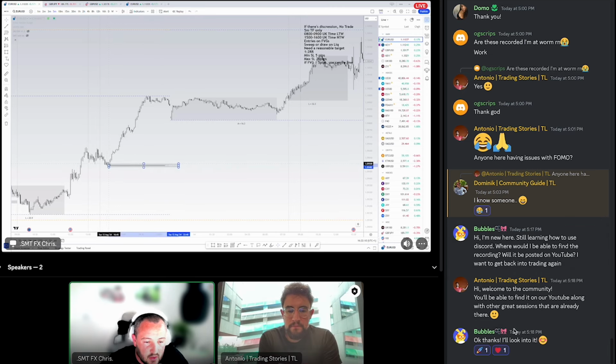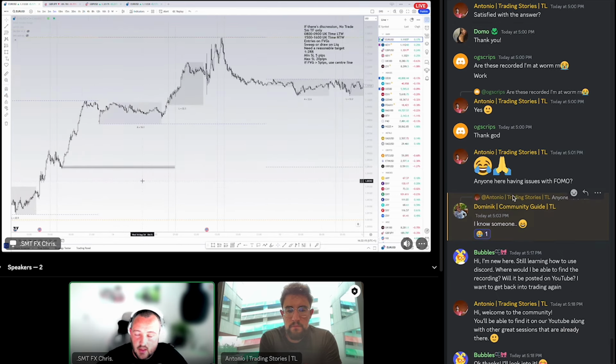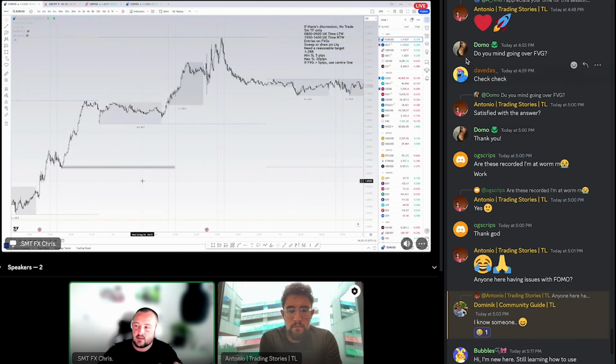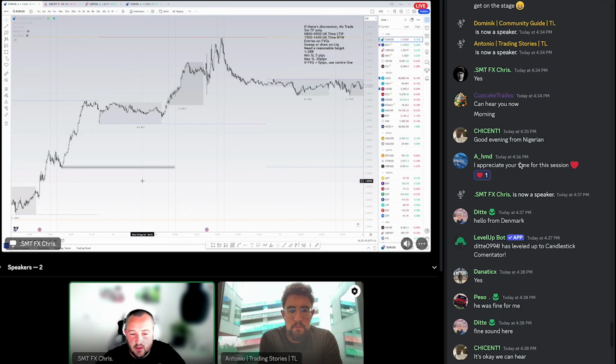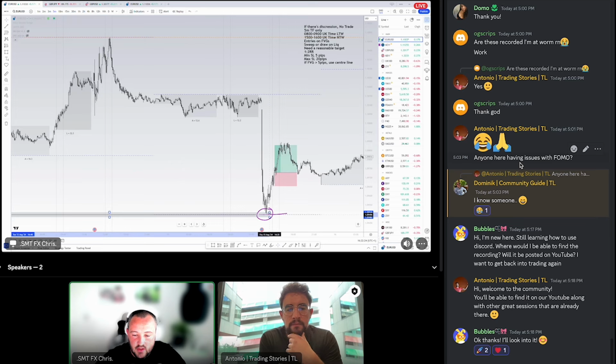We could, if we wanted to, just use the very last candle, but either way, I'm not trying to find the perfect supply and demand zone or order block. All I'm looking at is, what was the reaction? Where did the reaction come from? And we can see that it has reacted from there perfectly.